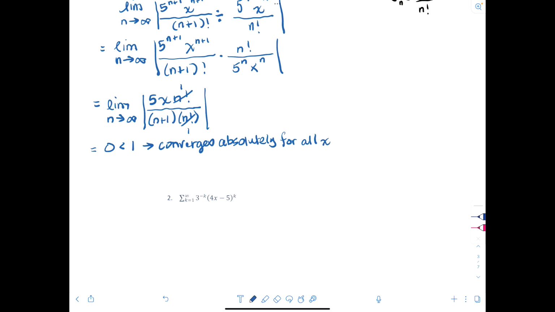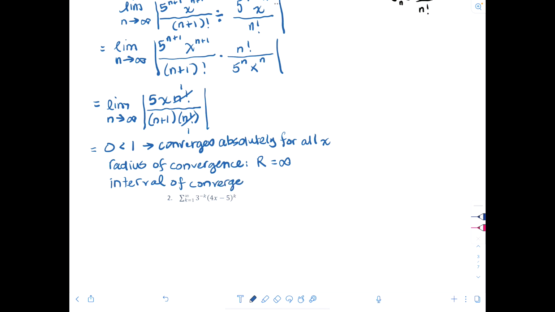Okay, so that means that the radius of convergence is r equals infinity, and the interval of convergence I'll write it first as minus infinity less than x less than infinity, but normally you'll see it just as